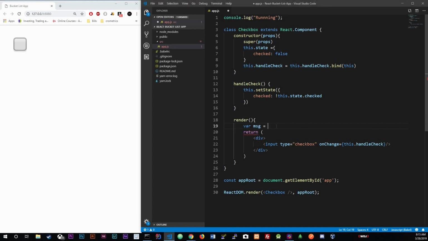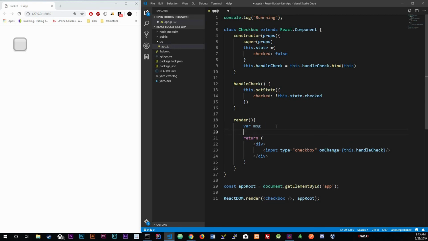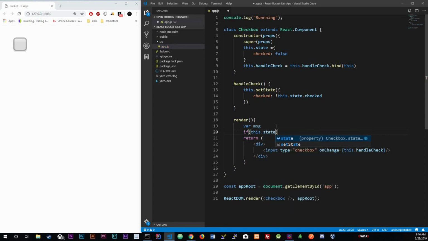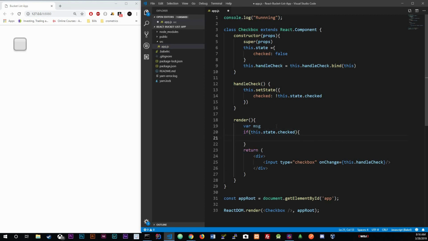And we're going to set it to empty right now. Or you could just leave it like this if you wanted to, var message. Now, down below, we're going to create an if statement. If this dot state, we need to check the state of our checked, right? If this dot checked, this dot state, then we're going to say message is going to equal to